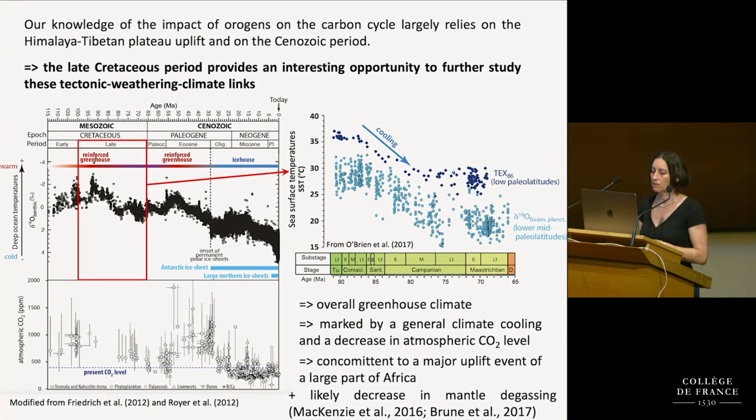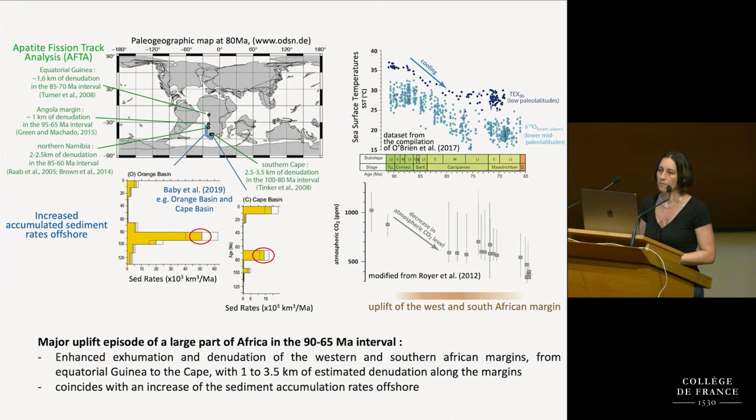And it is concomitant, and this is what is interesting here, with a major uplift event that affects a large part of Africa. This large uplift event has been evidenced by apatite fission track analysis that has been carried out all along Africa, and it reveals this major episode within the 90-65 million years interval, that is, through the late Cretaceous,